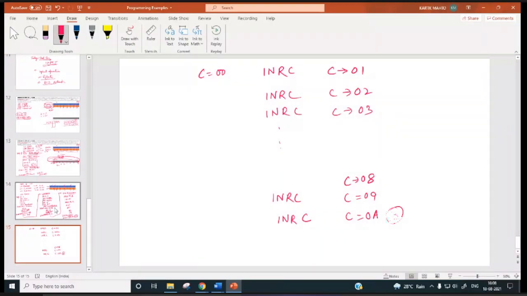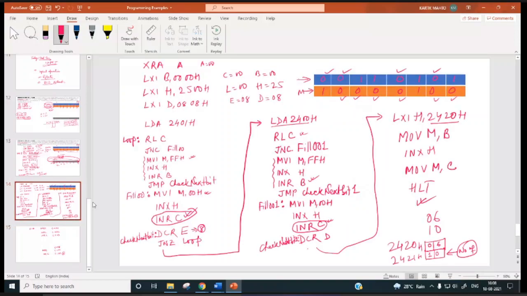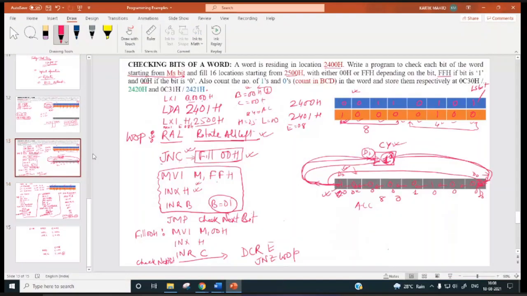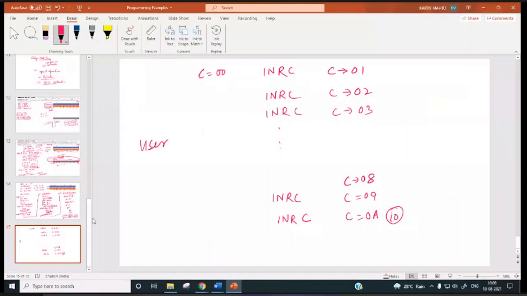Right. So this counting part here, we have done, this counting is not according to the requirement of this program. Counting has to be in BCD, right? Normally a user wants data in decimal, no?